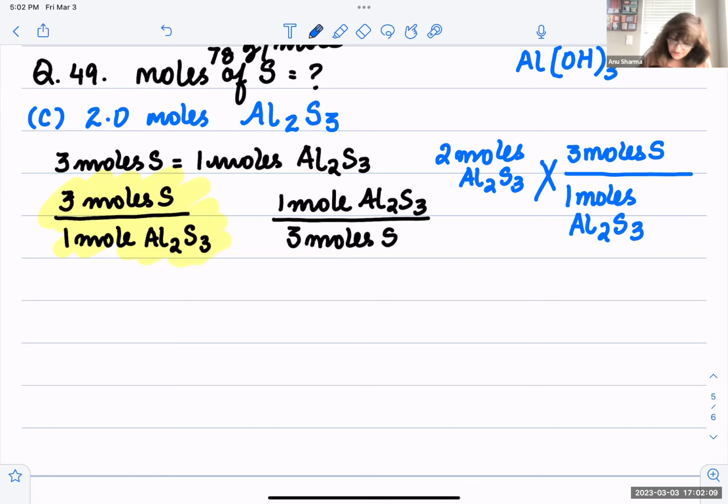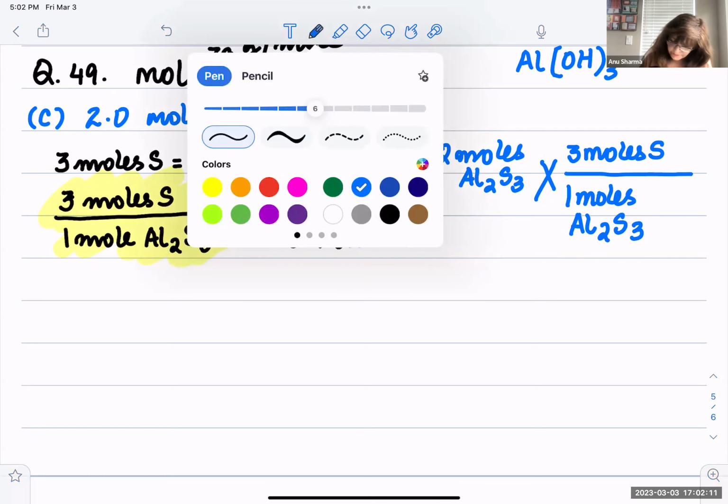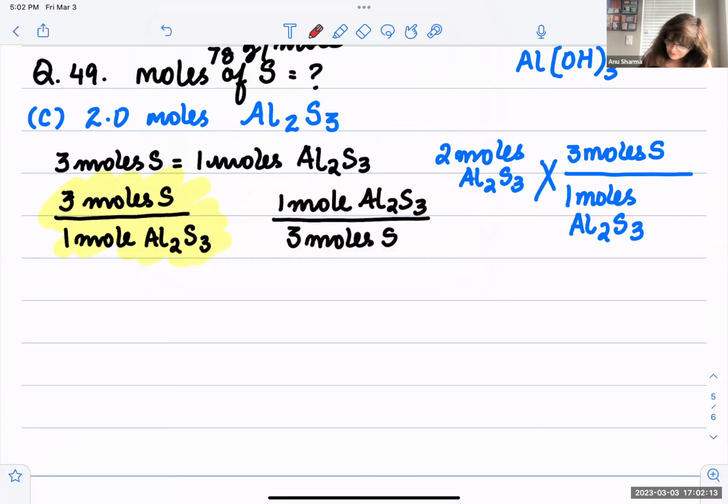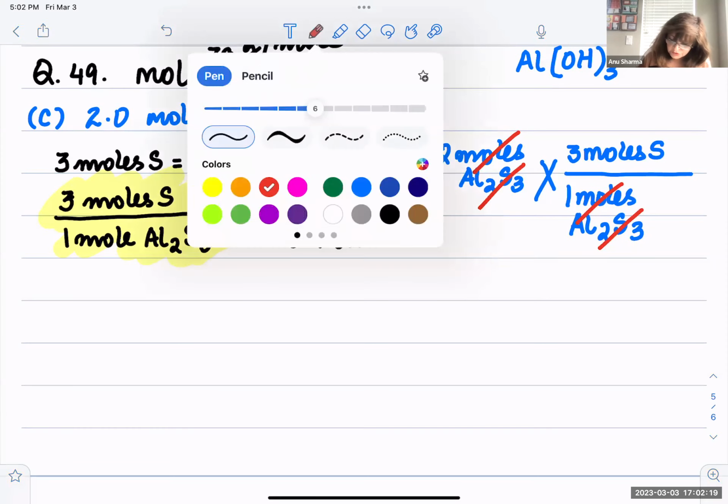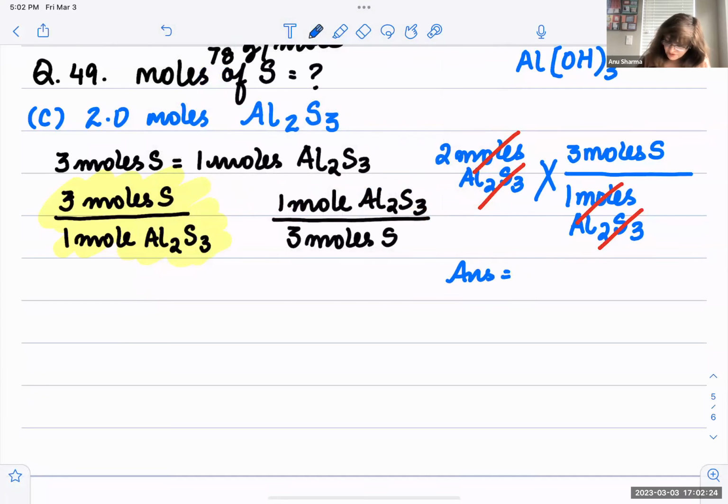Here the moles of Al2S3 cancel out, and you have 2 times 3 is equal to, the answer is 6 moles of sulfur present in